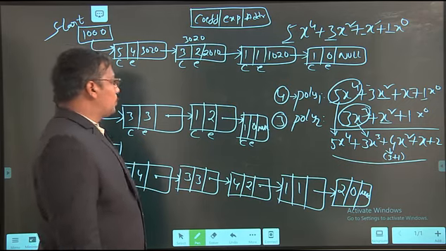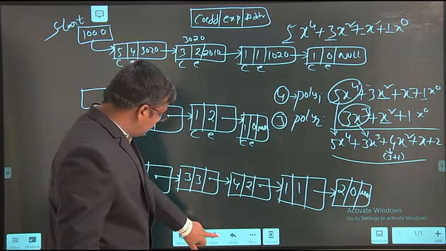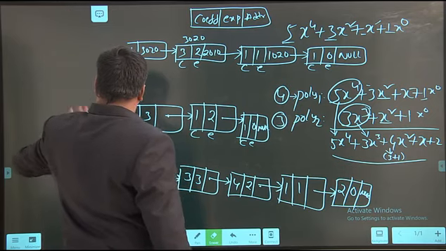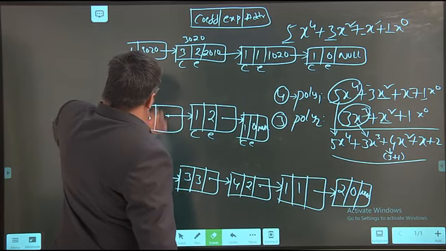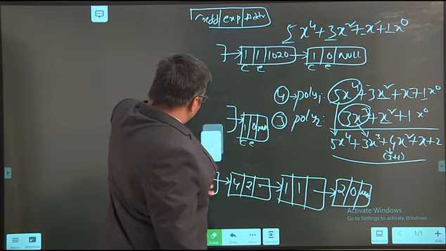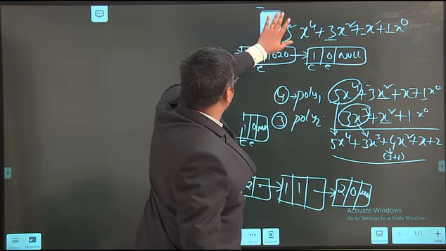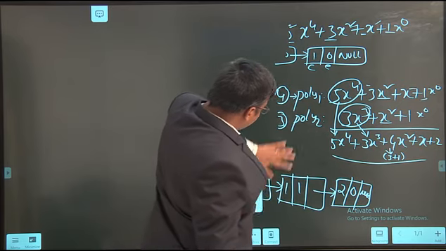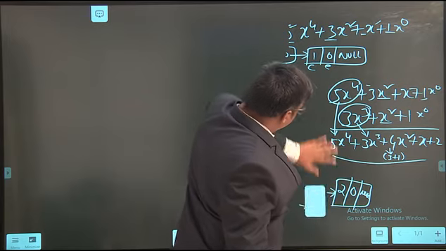So, how to write code for this? Just remember the algorithm carefully. What is the algorithm? First, each and every time we need to check exponent values.